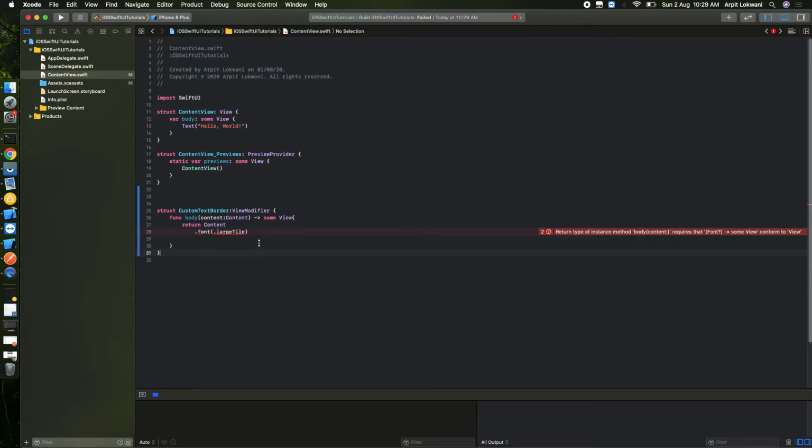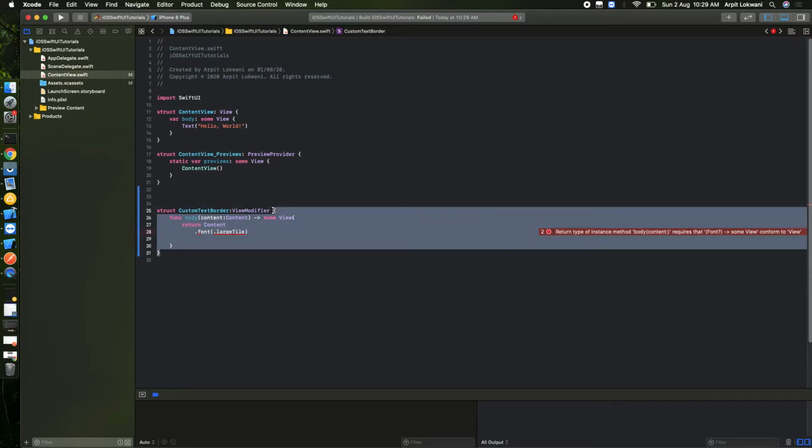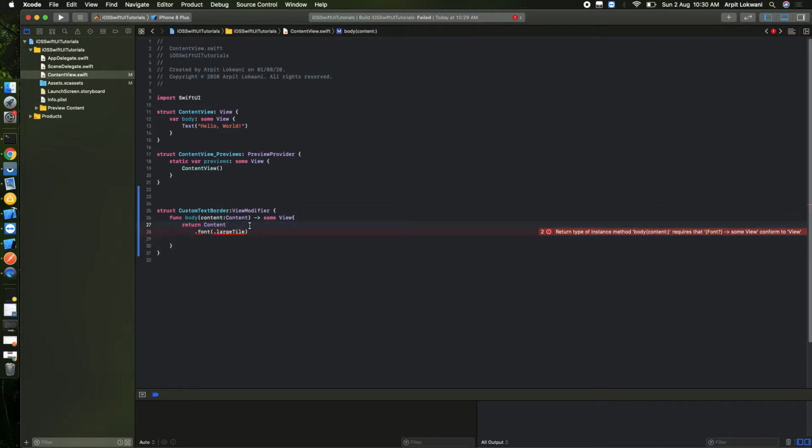So we can say it's fine, right? I created the view modifier, why is it throwing an error now? Return content, it's fine. Oh, sorry, I need to pass this, the auto suggestion also sometimes screws up. Okay, so font should be on content, and then we need to return large title. The spelling should be title, it will come. Why is it not coming? Yeah. Okay, similarly we can add some padding.